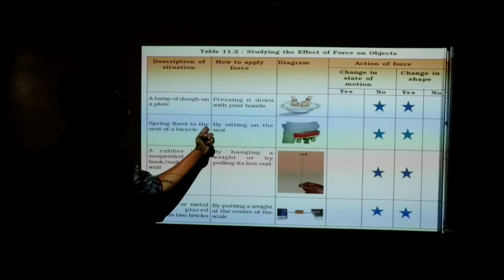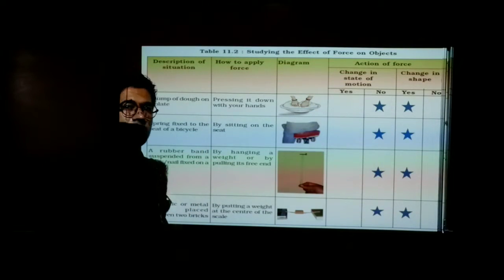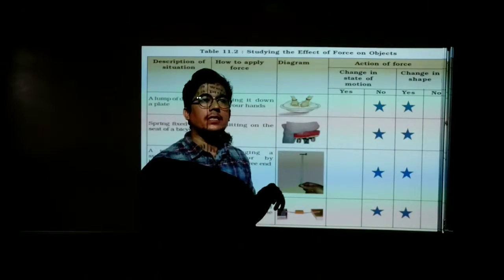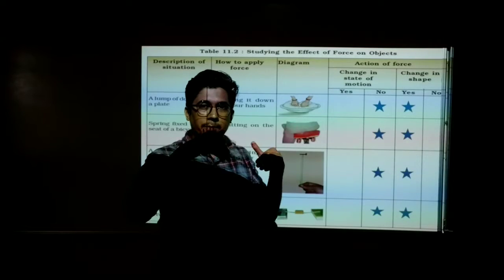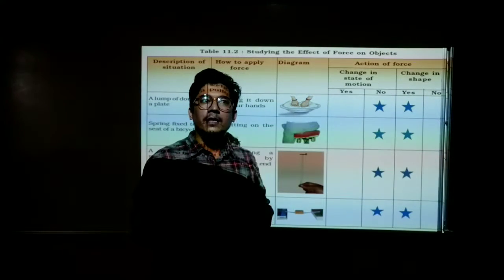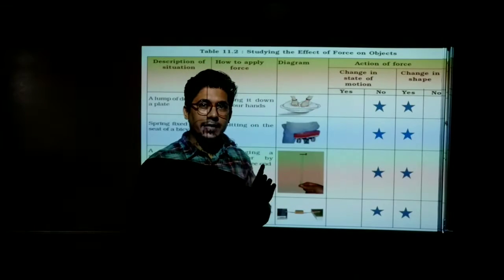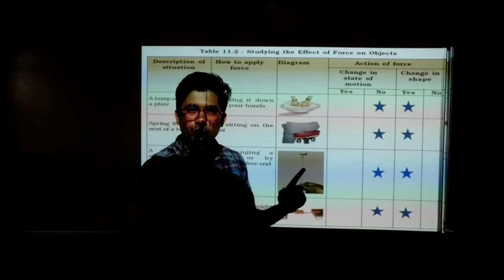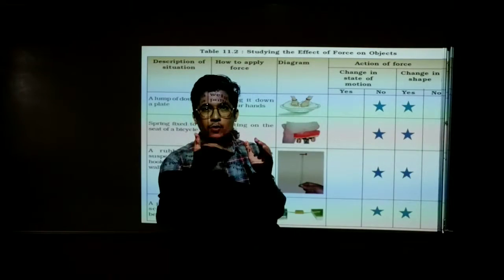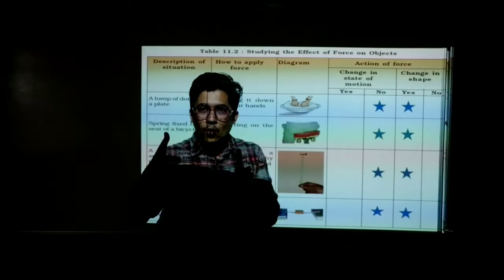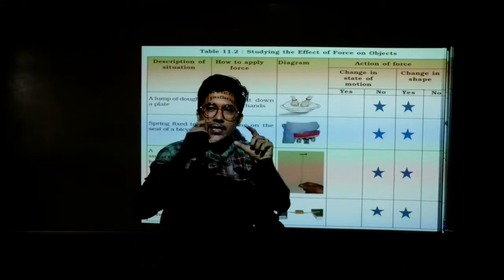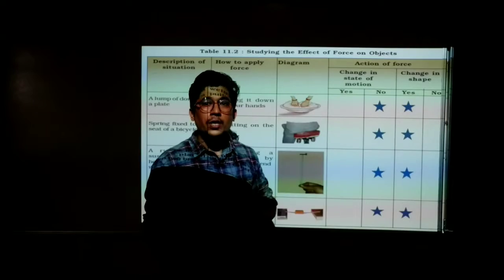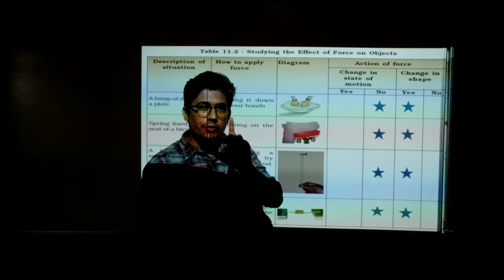Have you seen old-time bicycles? Yes. The seats which are available now are not the same. The older seat has springs below it. As you can see, there are two to three springs given below the seat. So when you sit on the seat of a cycle, the spring will compress and give you a cushioning effect. Yes or no?